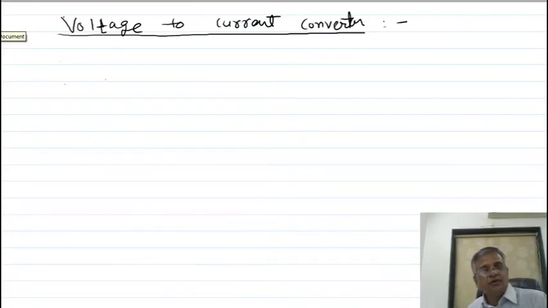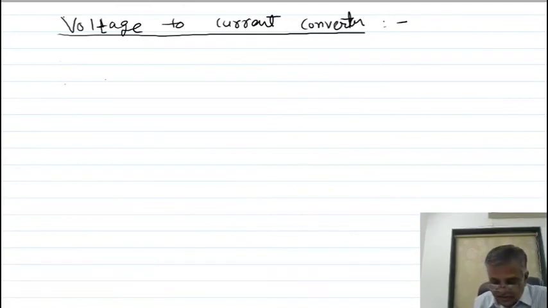And in a voltmeter, you know that the deflection always depends upon the current. Voltmeter deflection depends upon the current. So you can say this voltage to current converter circuit is used in an AC/DC voltmeter, a Zener test circuit, or in most power amplifiers, where the last stage is a voltage to current converter.